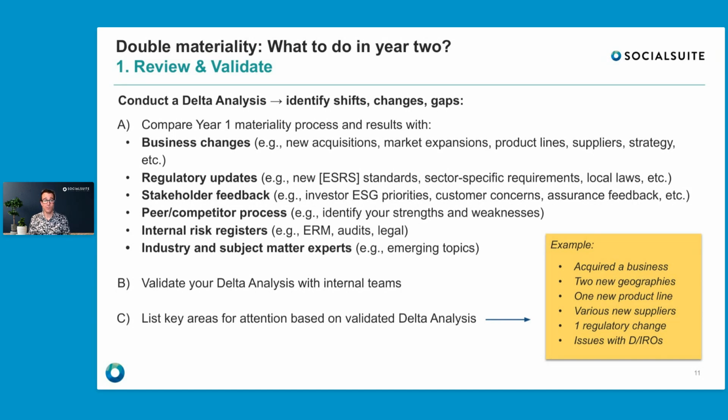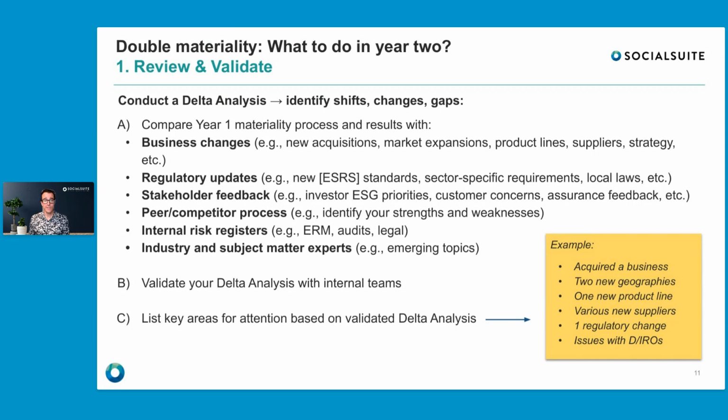Again, like with that first point, talk to your relevant teams to make sure that you're aware of any of that information. Similarly with stakeholder engagement, if you don't know what has changed or happened, make sure you talk to the right teams. Talk to marketing, talk to investor relations, talk to procurement as well. Try to get a lay of the land about what your stakeholders have provided in feedback without directly asking them. Just talk to your team about what they've learned.